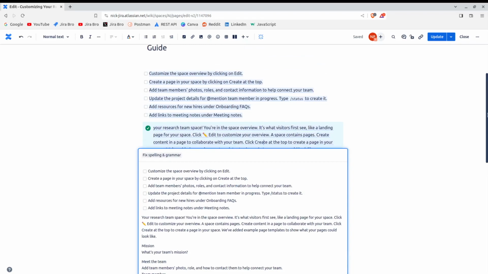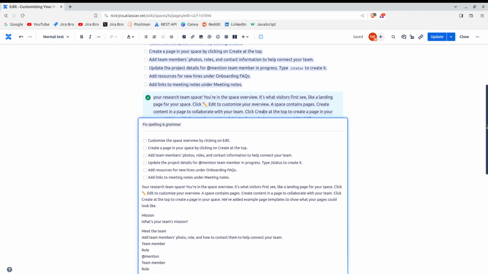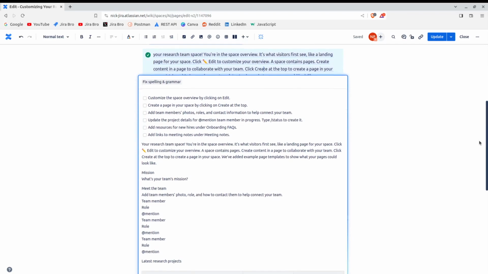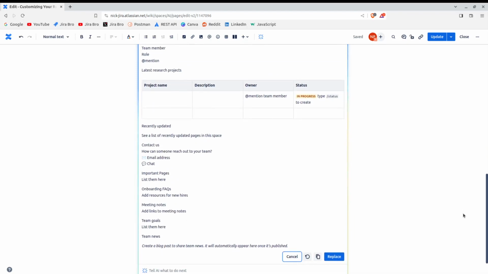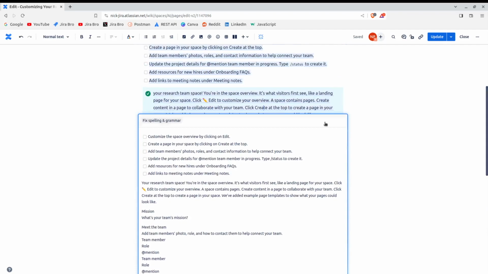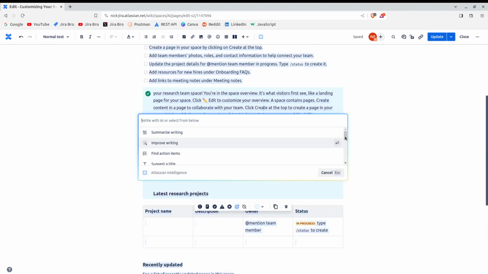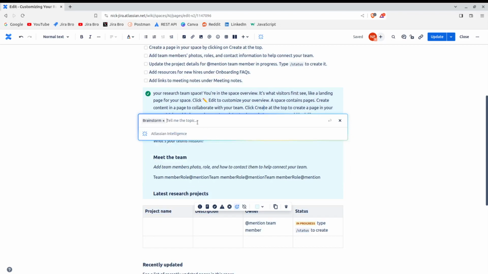Let me see here. Customize the space overview by clicking on edit, the meeting notes, your research, what is your team's mission. Okay, so I cannot see a lot of changes in here because previously it did something. So then you have Brainstorm. So what do we want to brainstorm about? Okay. Alright, so we're gonna be like,